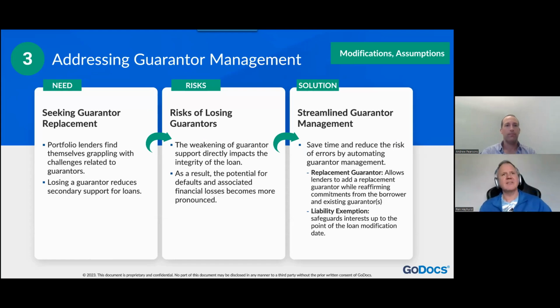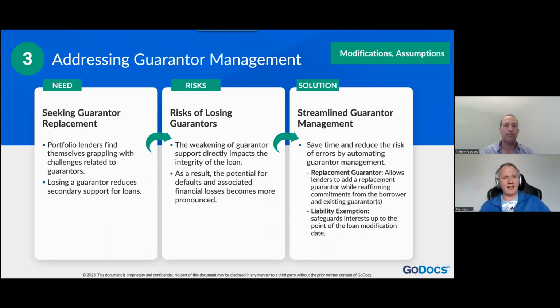One of the things that is just part and parcel of having a portfolio of loans, if you're a private lender that holds a portfolio, or a bank or a credit union that makes most of your loans and holds them as portfolio assets, if your debt is longer than a couple of years, if it's 3, 5, 10 years, and you're midway on that chart that Andrew showed you with the debt that's going to come due over the next decade, you're going to have life happen to your borrower parties, your guarantor parties, and being able to very rapidly go in and respond to these issues without losing time or money is critical.